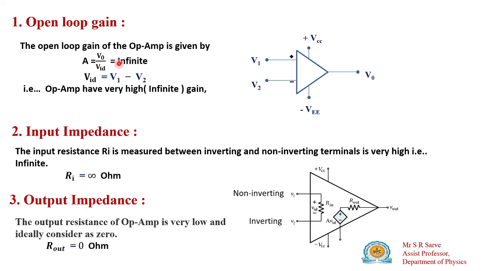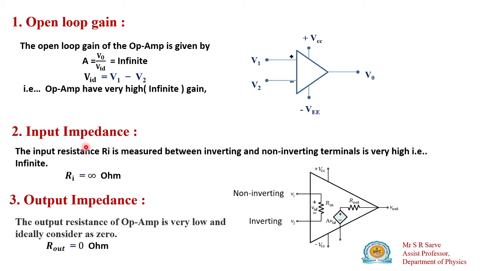So this gain should be A. Ideally this gain should be very high, but we cannot determine that much high amount, so we'll take this high gain as infinite. So what is the operation requirement of an operational amplifier while designing it? It should have a very high gain. Ideally we can consider that it should have the infinite gain. Okay, so this is about the gain of operational amplifier.